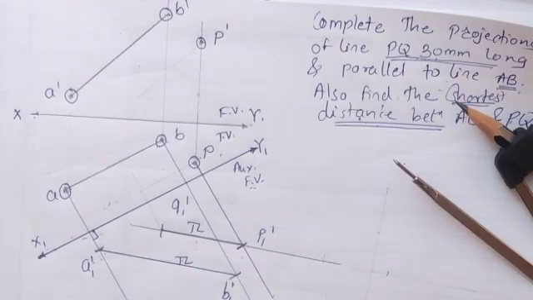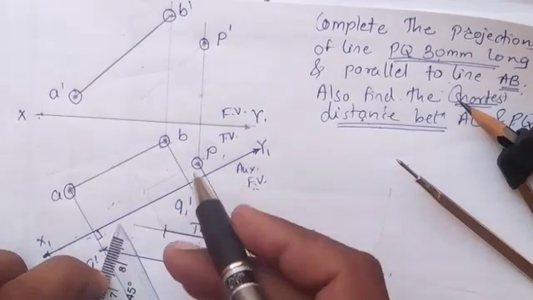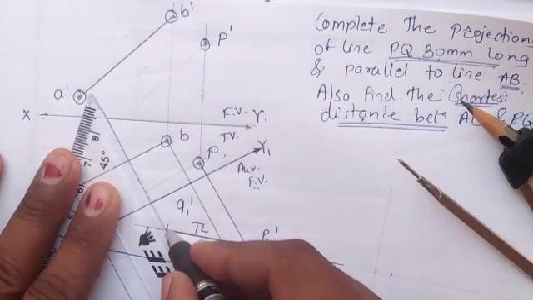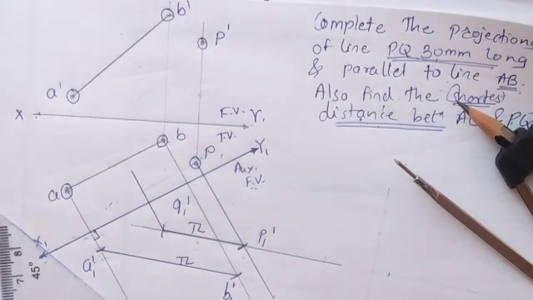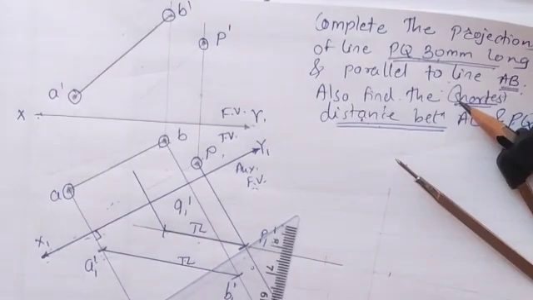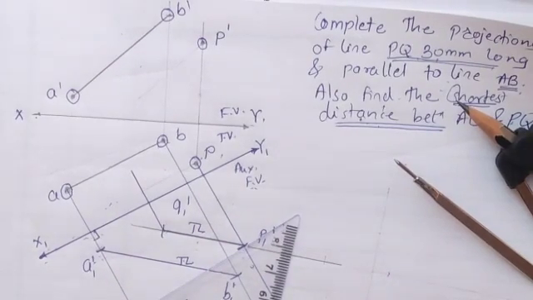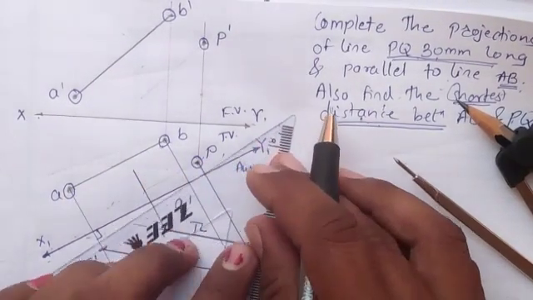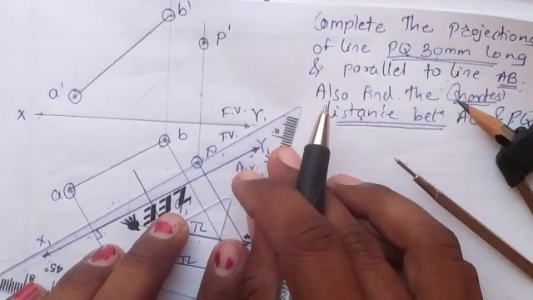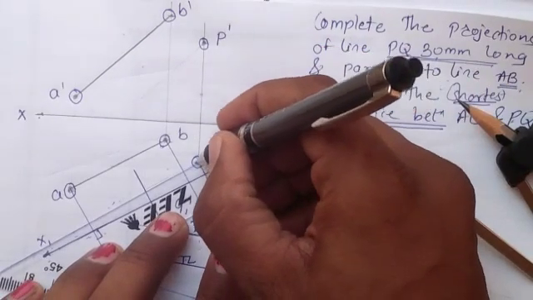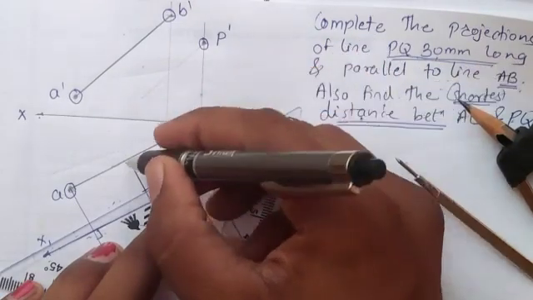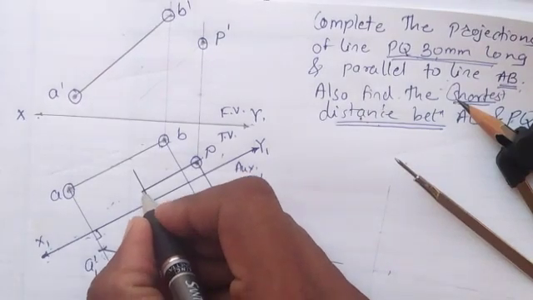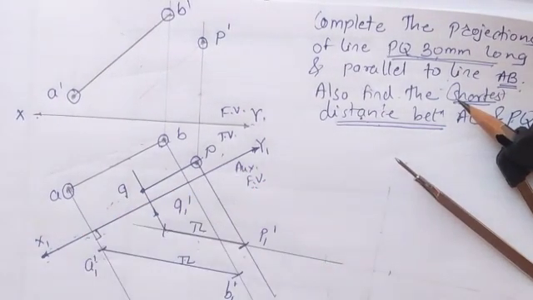Now transferring point Q to the previous view. How do you transfer? Q will be transferred perpendicular to x1 y1. Now where to locate it? For locating, we will use the first property of parallel lines. That is, when two lines are parallel to each other, they remain parallel in every view. Means here line PQ will become parallel to line AB. So from point P, construct a line parallel to AB. Wherever it cuts the projector of Q, here we will name point Q.